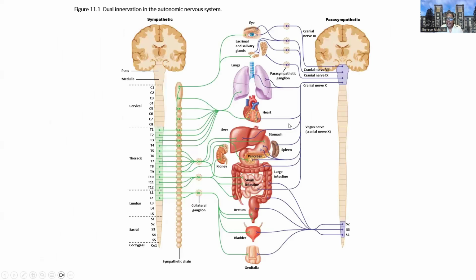So here's a nice visual of the autonomic nervous system. Here's the sympathetic division, and then here's the parasympathetic. So this is just a schematic to show you the nerves that are targeting the central organs here, right? All of our smooth muscle and glands that are in the middle.